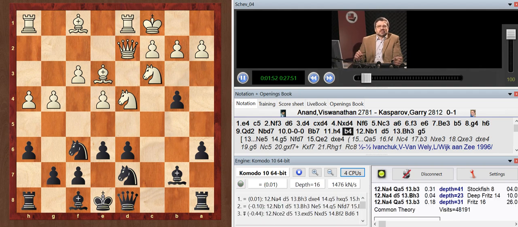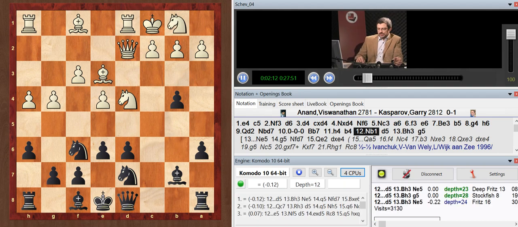The knight on c3 in the Sicilian plays a very important role, and when it has to relocate, it's often difficult to decide what is the best square. The options are knight b1, knight a4, or knight c3, e2. And in this early game, Anand decided to jump with the knight to b1.